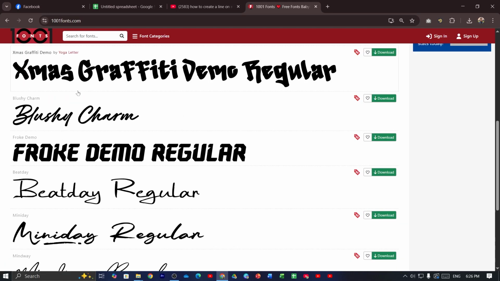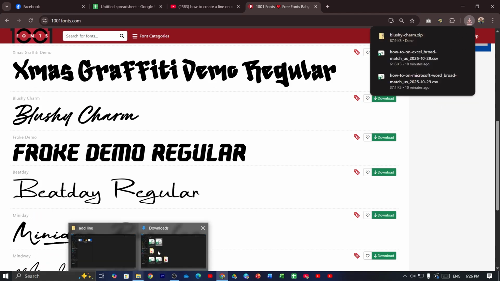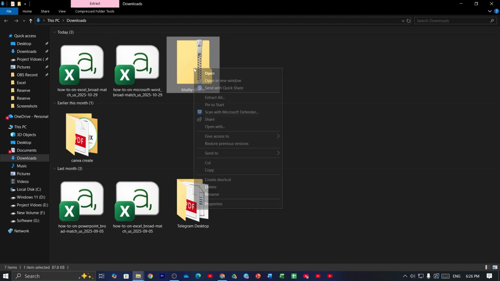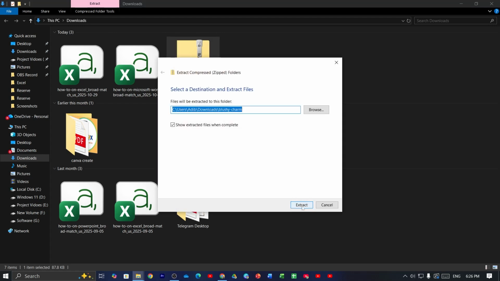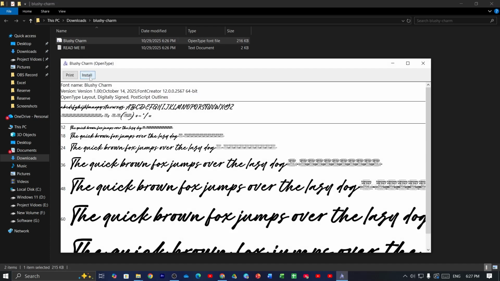Suppose if you want to download this blushy charm font, just click on download and you can see that it will start downloading and the download is complete. Now just open up your download folder and you can see it's a zip file. So just extract the file, just select it and right click on mouse, then click on extract all, then just click on extract again. After that click on blushy charm and then click on install and the installation process is